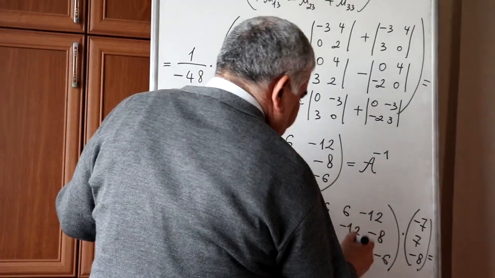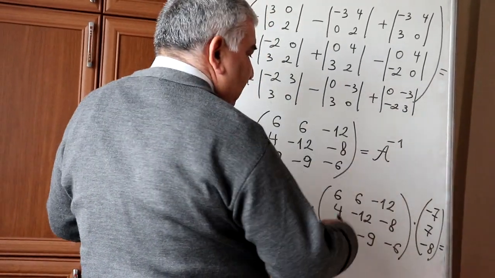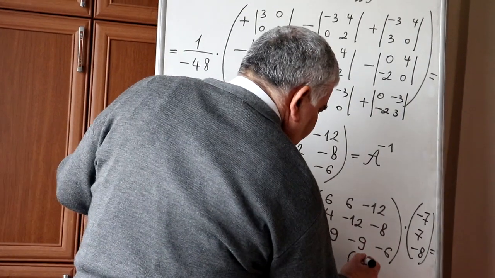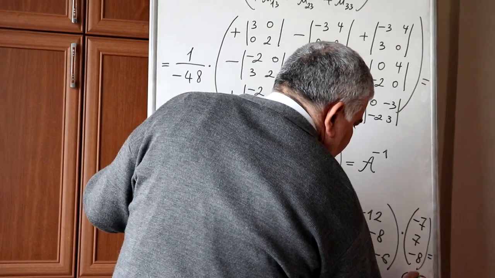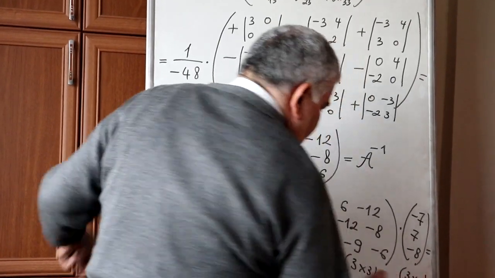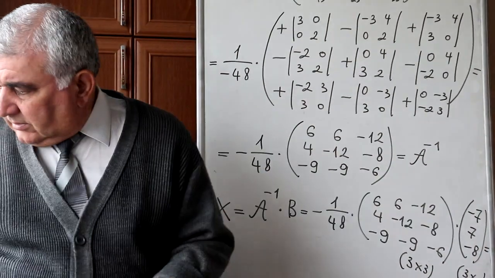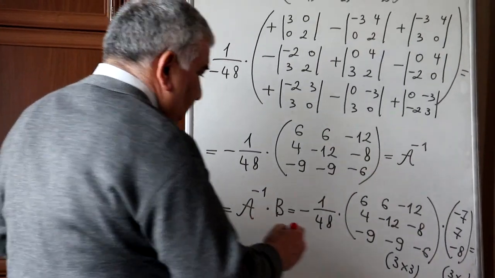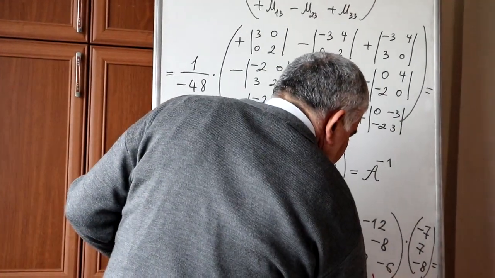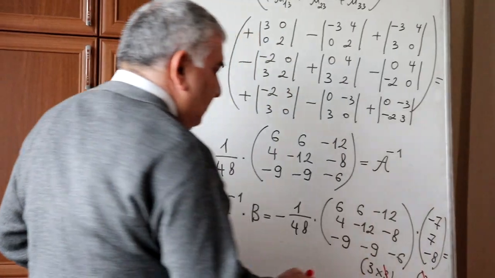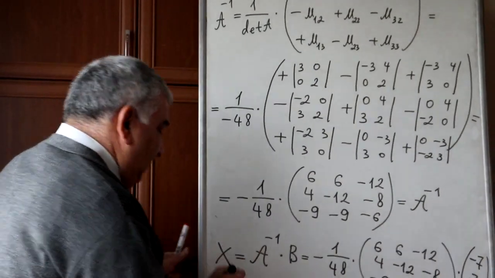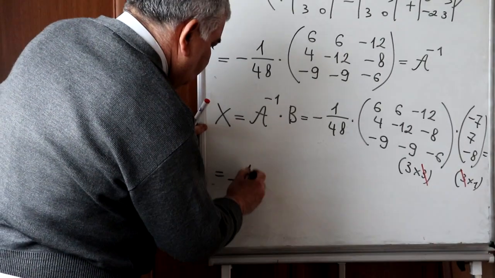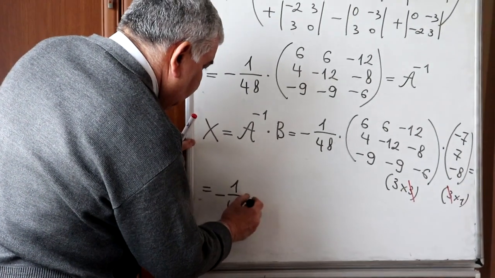Here the dimensions of the left matrix are 3 by 3. The dimensions of the right matrix are 3 by 1. Here we will delete the middle equal dimensions, and the rest of the dimensions will be the dimensions of the product matrix. Minus 1 over 48 multiplied by